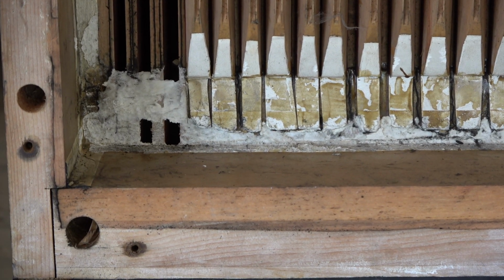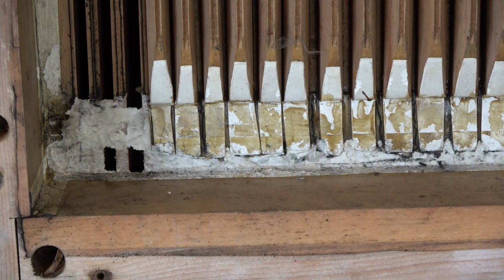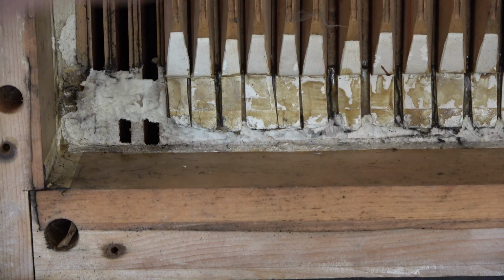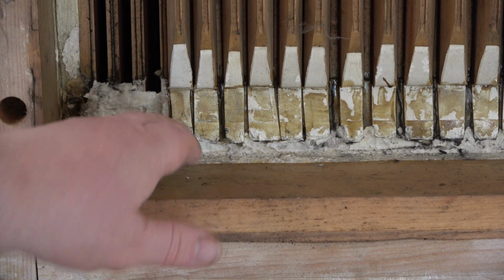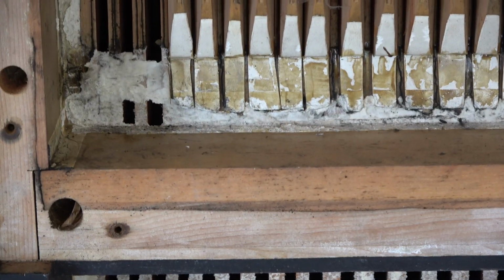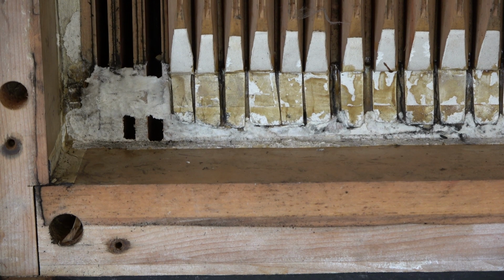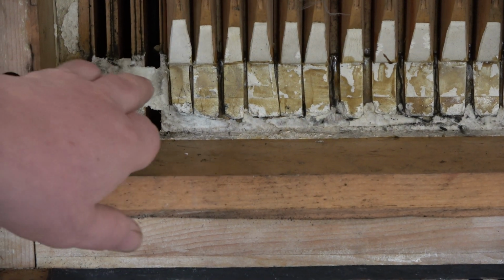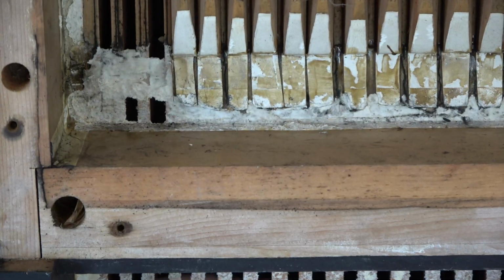So roll on the next day, and what I decided to do was to remove those 3 pallets which are the worst affected. Now, something on this organ that I've not seen previously: normally where the pallets end, that is filled in with timber. But it isn't on this organ, and I did see it on the pedal chest of our Conacher, and Mr. Chippy filled it in. So it looks like they intend you to actually put leather across the bars. So I took these 3 pallets off